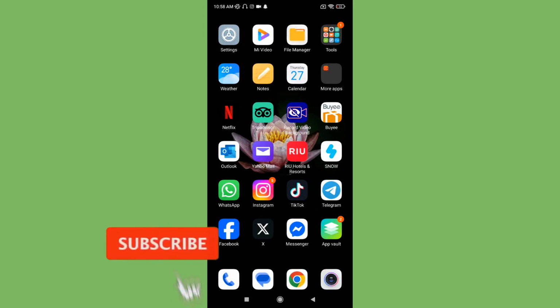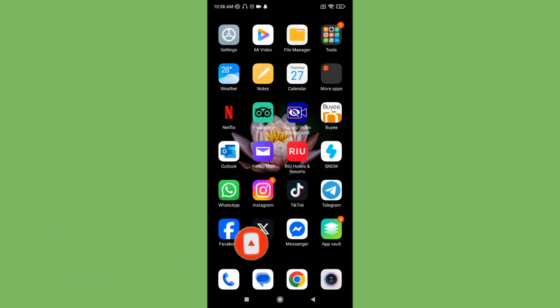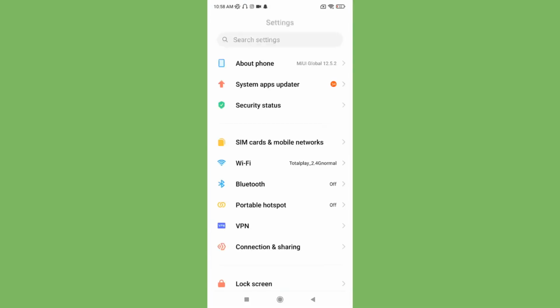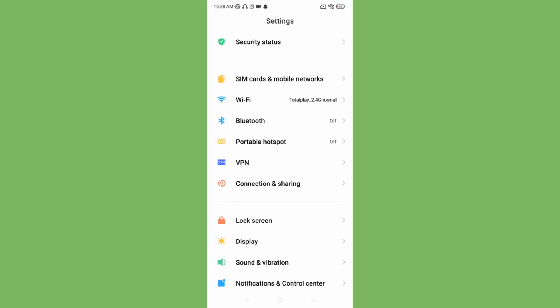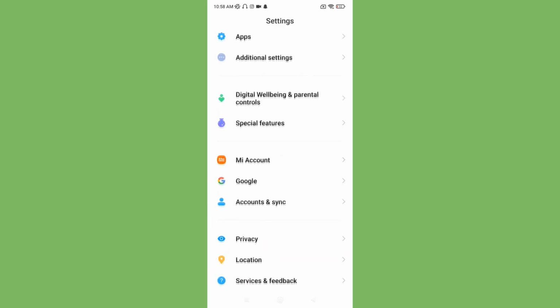This time we check how to fix Google account sign error issue on Android, so let's start. So first let's go to settings, and here on settings you have to scroll down a little bit and let's go to the part that says account and sign. So just click here